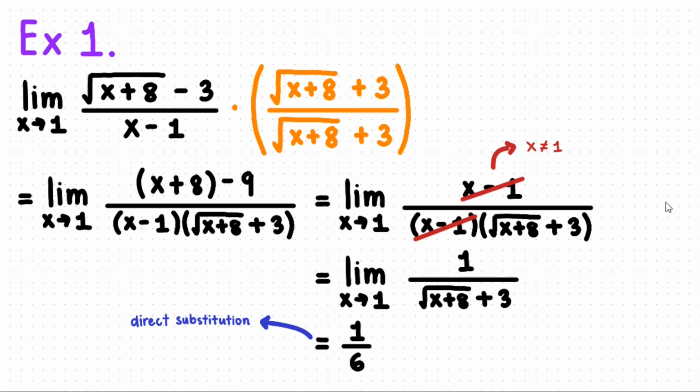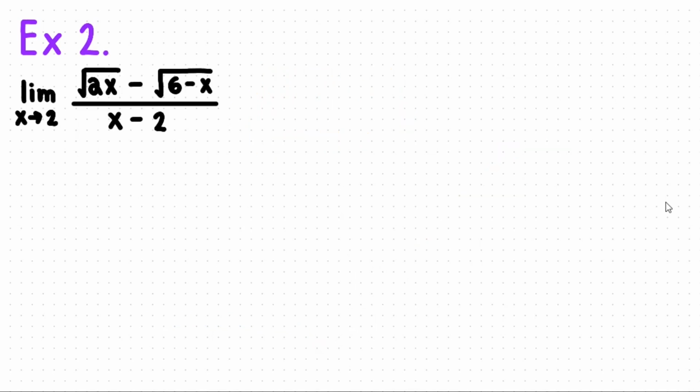Now lastly, let's have this. So in here, observe that we have two radicals. It might seem harder at first, but take note that the process remains the same. So again, first, feel free to pause the video so you may try this one out on your own. Okay, so let's start. So again, first, you can verify that by direct substitution of 2 in this function, we'll